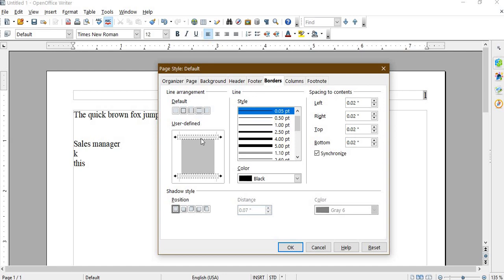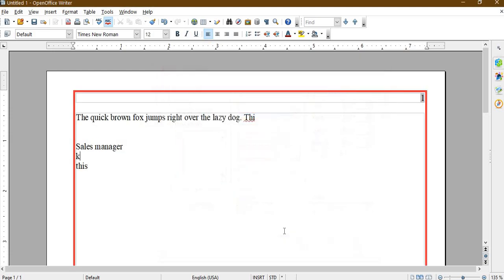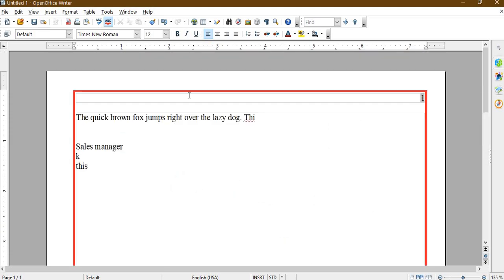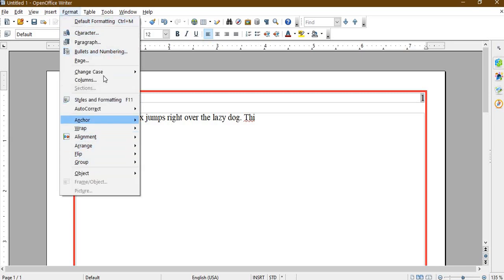So you can choose. This is the border style, no border. This is all set borders. So I am selecting this one. This is the thickness of the border. This is the color, what color you want, and click on OK. Now you can see this is your page border. So where is this option? Format and page.